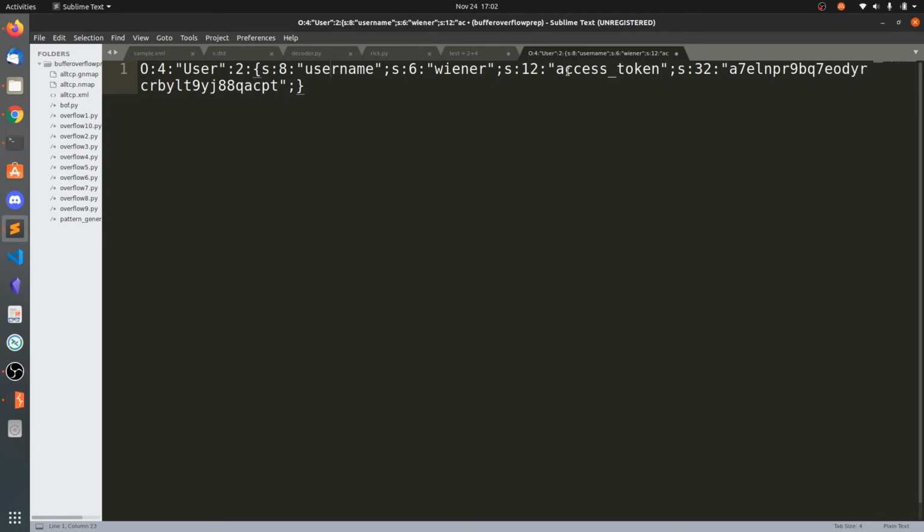So here you can see the value of access token will be compared with that value in the database or in the PHP script. So what you can do is, when it is being compared, you can simply change this to 0, and also the length of the string is 1. So 0 is also a single character, so that's why we have changed the length of the string to 1 and also the actual string to 0. So let's see this.